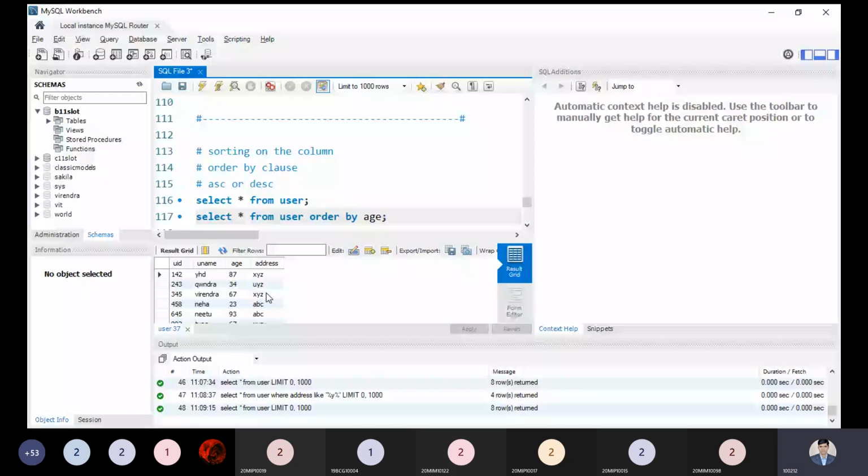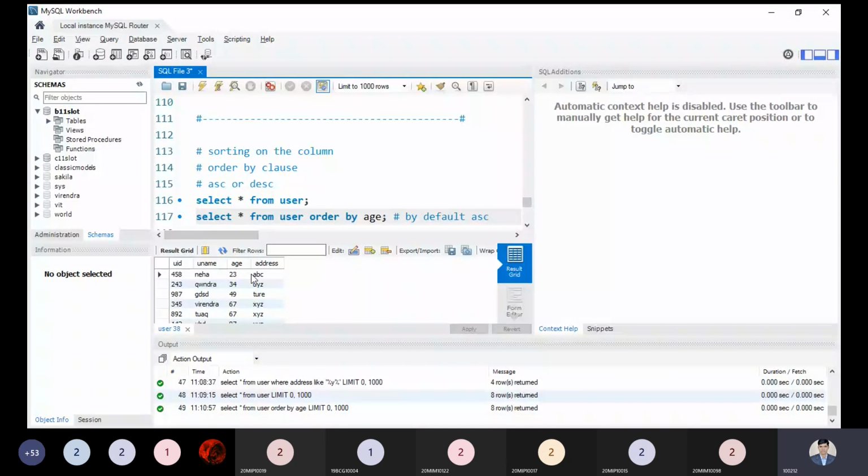By default, ascending will be there. So if you're using explicitly ascending, it doesn't matter. Now age is coming first 23, 24, 49, and 99 is coming at the bottom side. As per the database concept, the first record we are inserting comes at the first position. If we are inserting the last record, we found that the age of the student belongs to 20 only, but we are able to see this is coming at the bottom side.